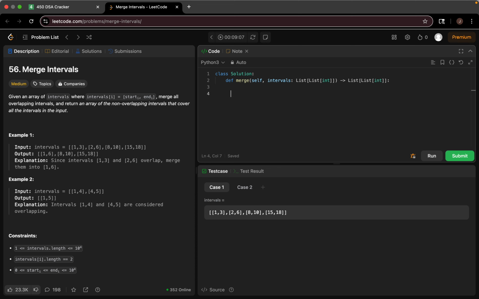Okay, let's start with a step by step approach. First, as here the Solution class is defined, a function is also defined, merge, where the parameters self and intervals, a list of lists of integers, are defined. And next we have to write, let me first complete the code and then I will explain it to you. Sort, key